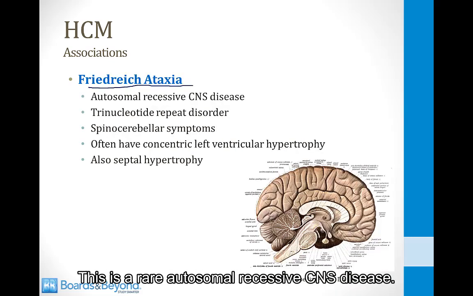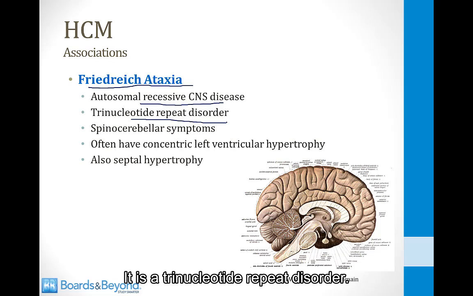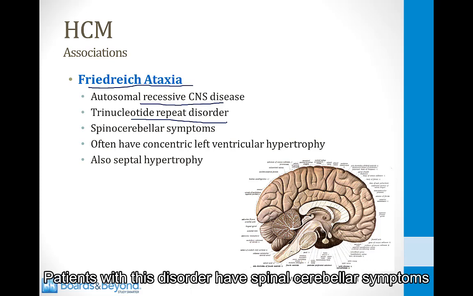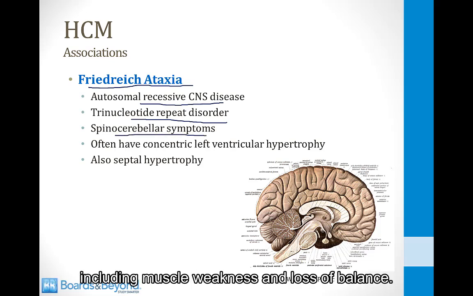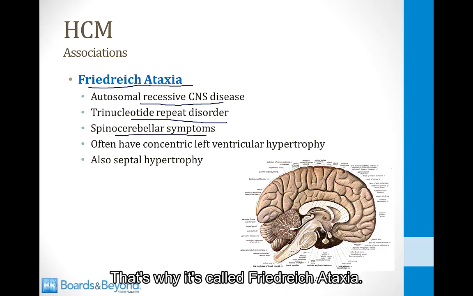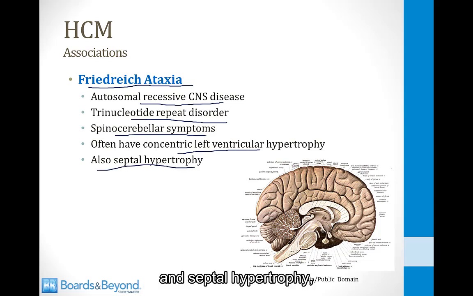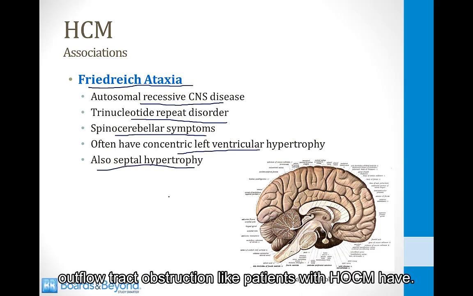This is a rare autosomal recessive CNS disease. It is a trinucleotide repeat disorder, and I discussed this in more detail in the genetics section in the video on trinucleotide repeat disorders. Patients with this disorder have spinocerebellar symptoms, including muscle weakness and loss of balance. That's why it's called Friedreich ataxia. They also often have concentric left ventricular hypertrophy and septal hypertrophy, and they can potentially develop outflow tract obstruction like